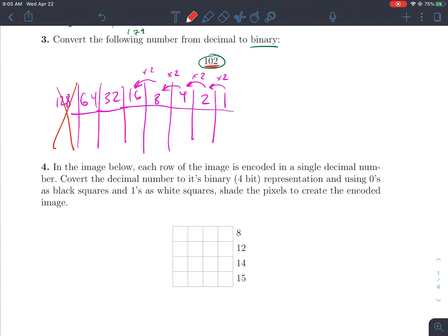Okay, so let's make the number 102. We go from left to right here, and we have to debate, do we need any 64s? Yeah, we need a 64. So if we do 102 minus 64, that will give us,